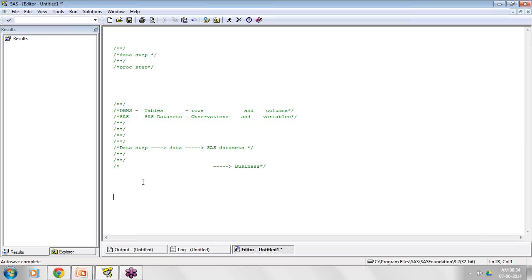For example, here I'm going to create a SAS data set by the name class. For that, I always start with a keyword called data, followed by class. So it means I'm creating a data step.